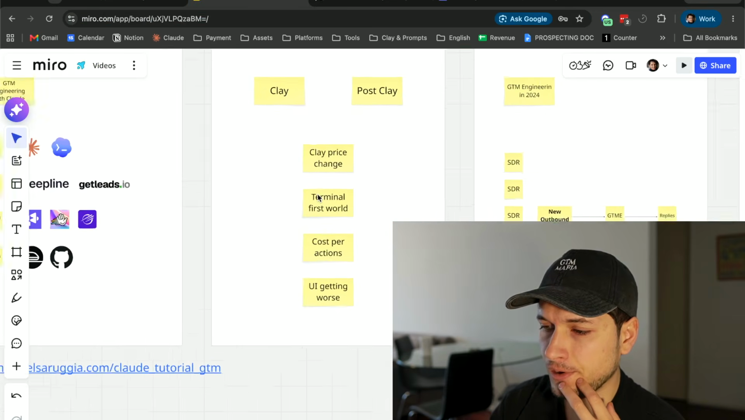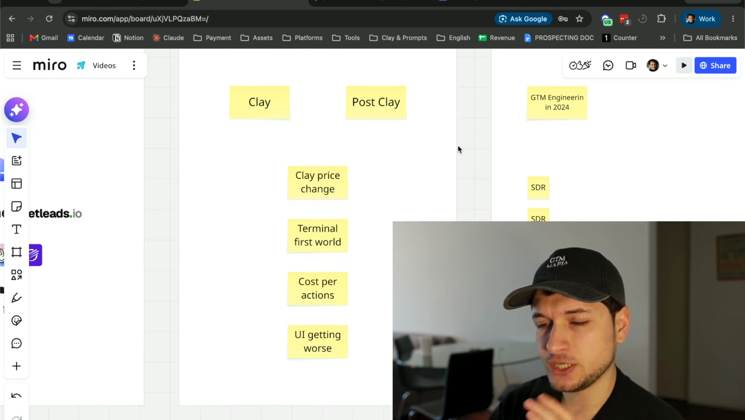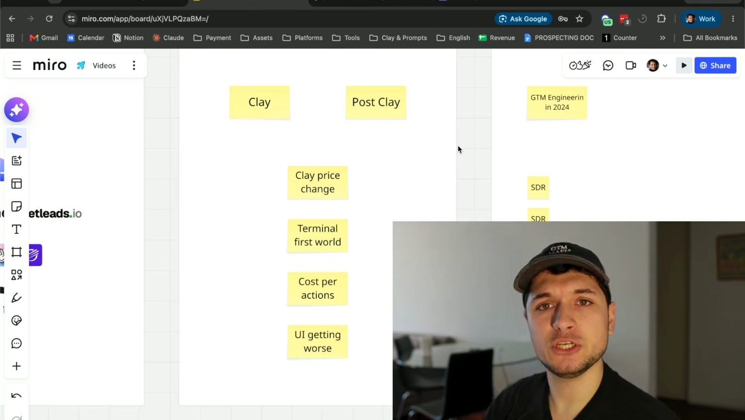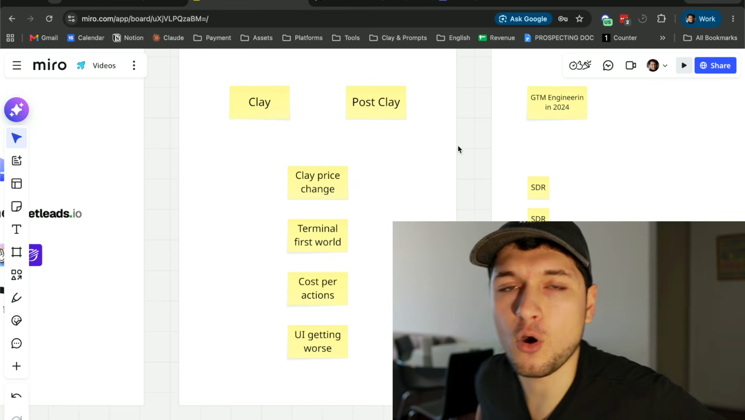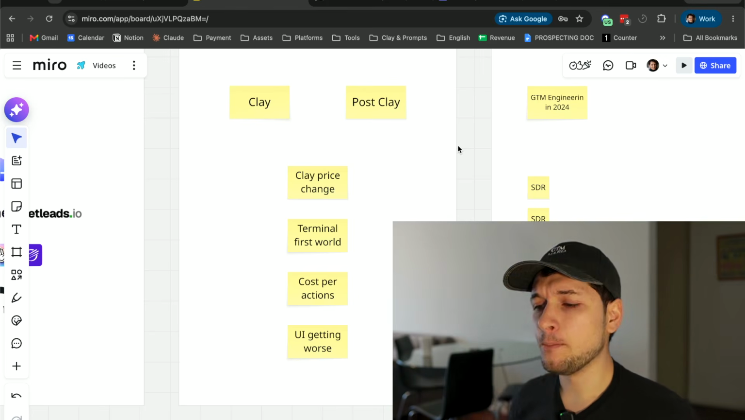Then, let's talk a little bit about the changing Clay and post-Clay. As I said, before Claude there was only Clay, but the problem is Clay changed pricing. I still recommend Clay, and all my old training was based on Clay, now it's more based on the agentic stuff. But Clay is amazing because it forces you to actually do things step by step and not rush,